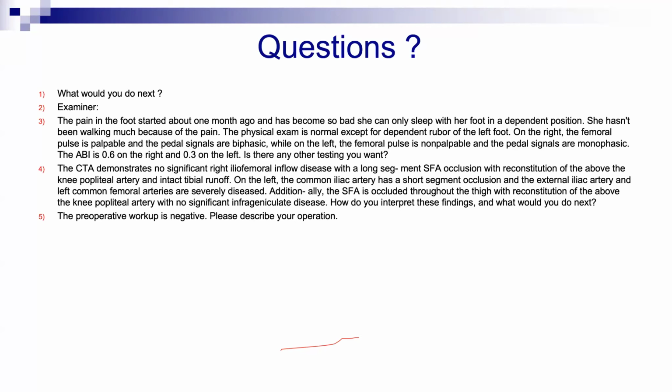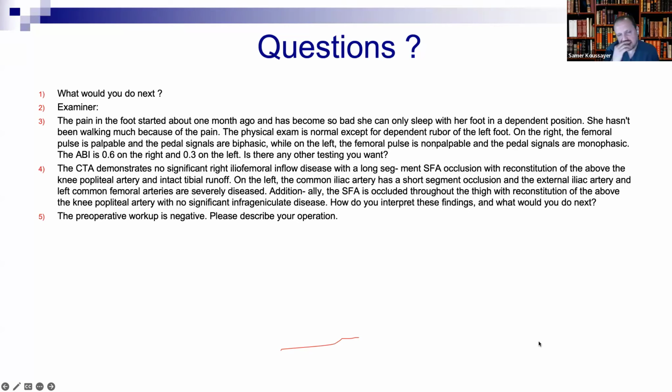Okay? But my question, why don't you do that before putting a patch? Why do you put a patch and then put the sheath? Why not just put the sheath first, and after you finish everything, you put a patch? Because if it will be clamped and there is no outflow... This is correct. It's better with a patch, because if you do the sheath first and you put a stent and there is no outflow, this will thrombose. So it's better, as you said, to put a patch, and through the patch you put your sheath and do endovascular. So when you do a hybrid, first you do endarterectomy, you put a patch, and then you access the patch and do your endovascular.